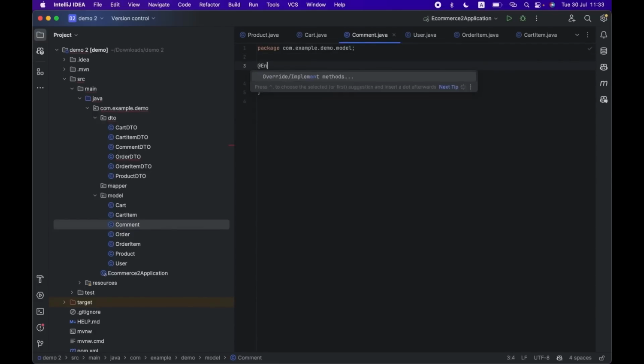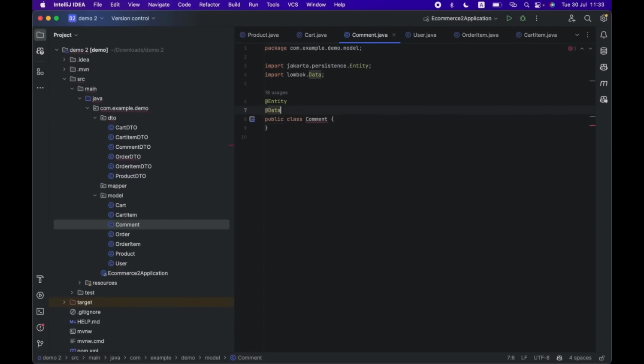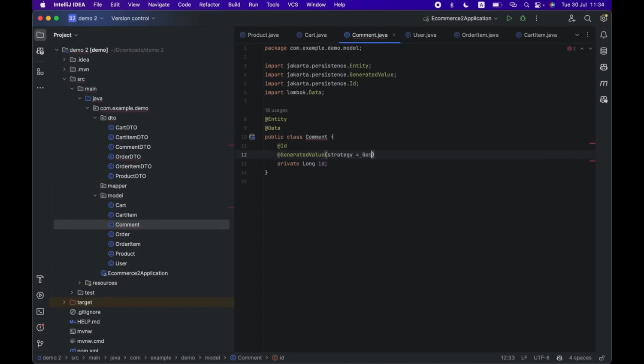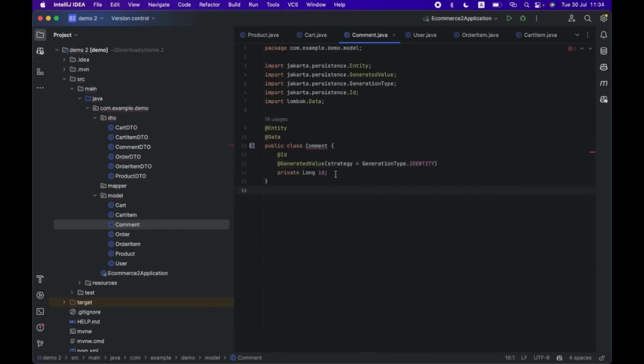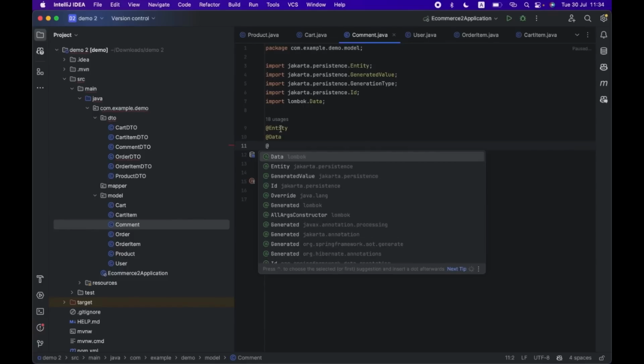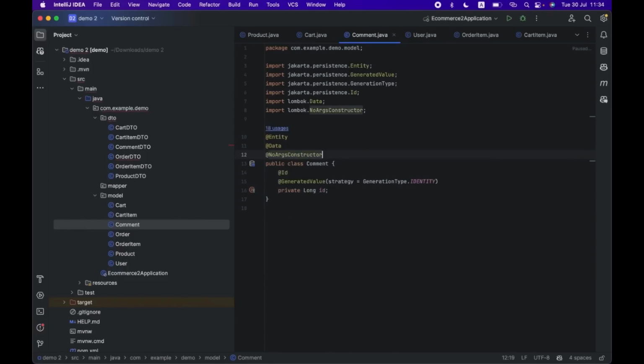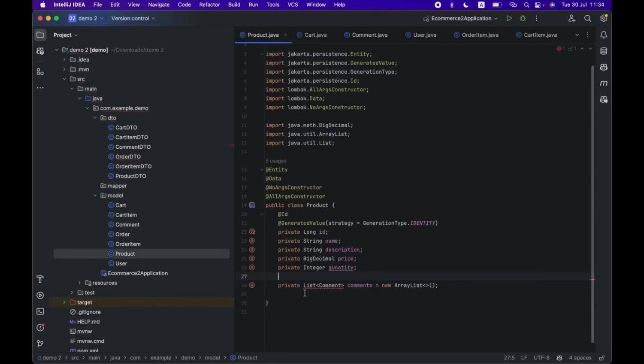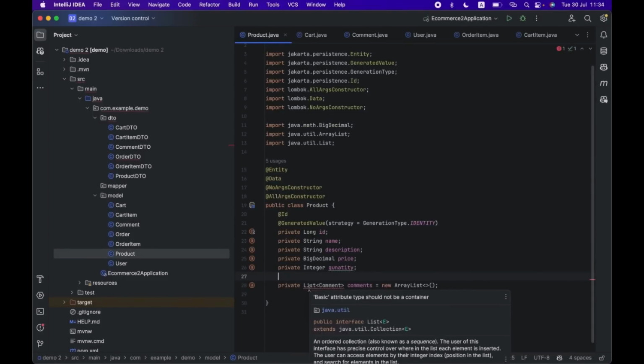comment entity. So that's why we need to create the entity of comment right now, the same thing: data, no args constructor, all args constructor, and stuff like that. Here we need to create ID, the same thing, generation value, so that data will be generated automatically. So here, no args constructor, all args constructor, necessary annotations. Here we have a problem with